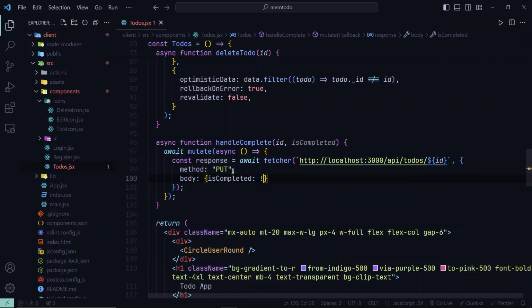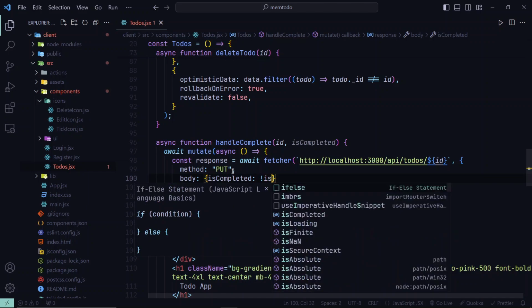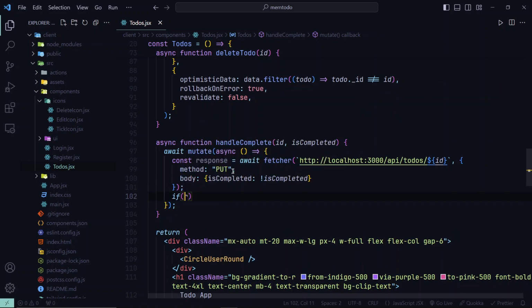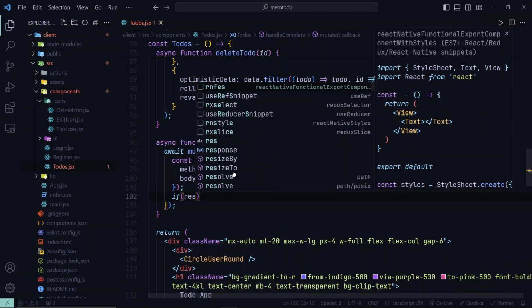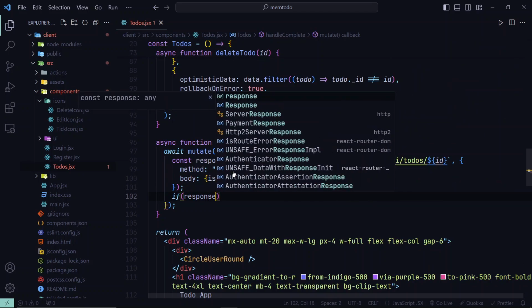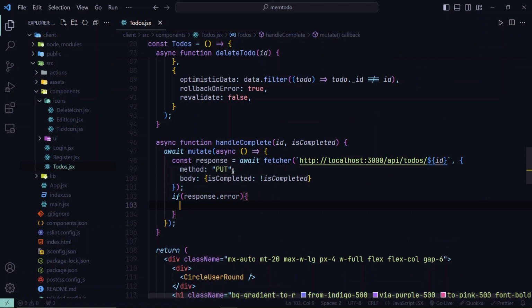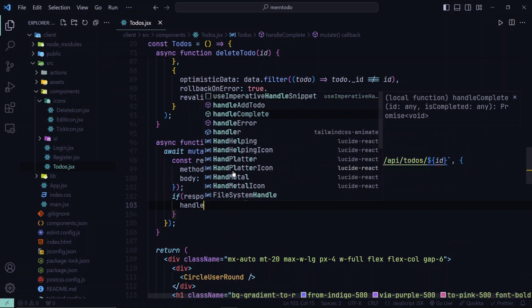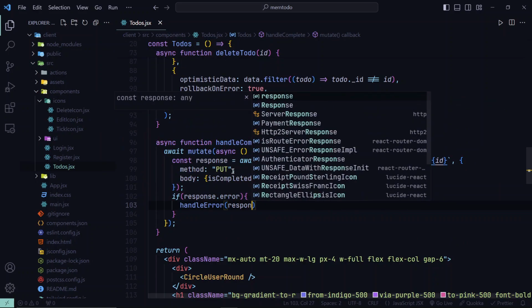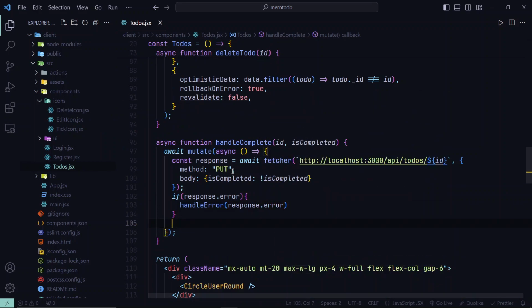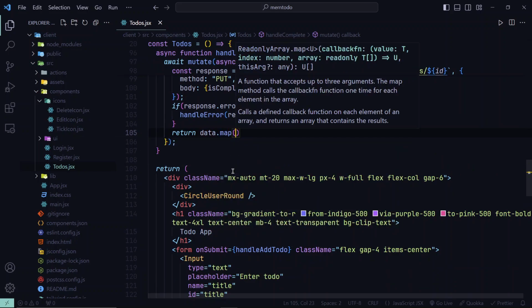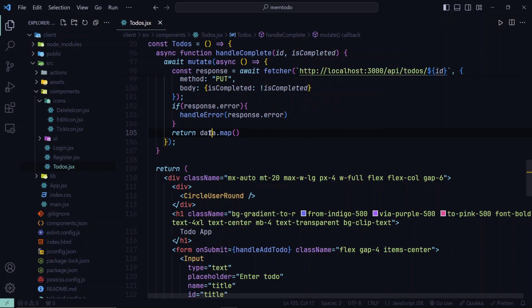We have to toggle this, so not isCompleted. If response.error, we'll call the handleError function and pass response.error. Otherwise, return data.map. We are getting this data